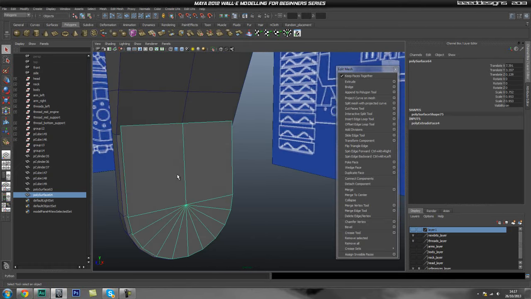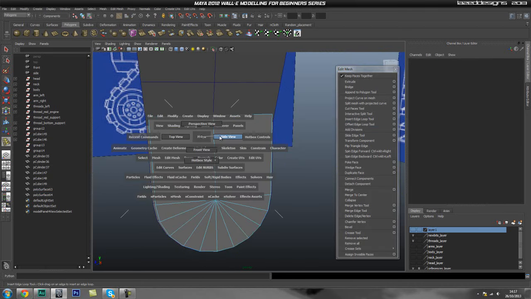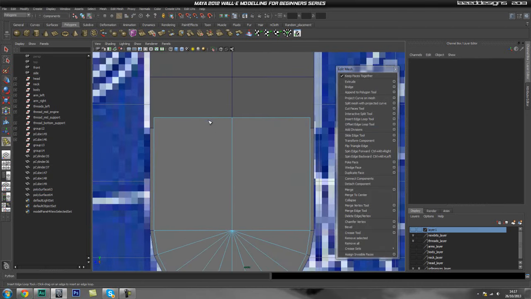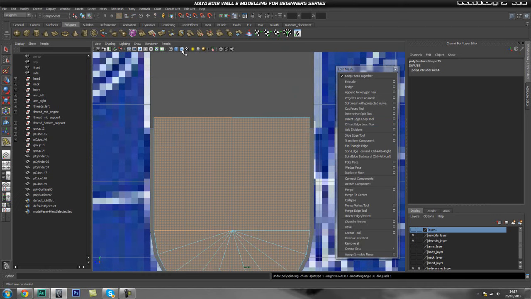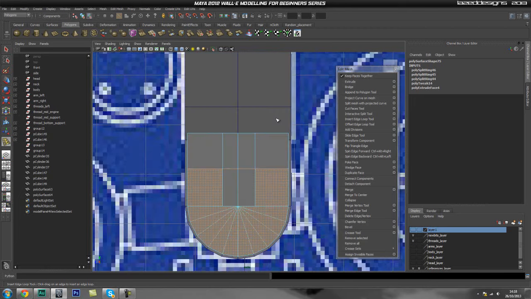And let's go ahead and add in these loops that we're going to need. So let's just go into a side view. And if I turn on X-ray, I'll be able to see a little bit better. So you're going to need one around there and one around there, and then it's probably going to go around this deep. Okay, so once we have that, turn off X-ray,